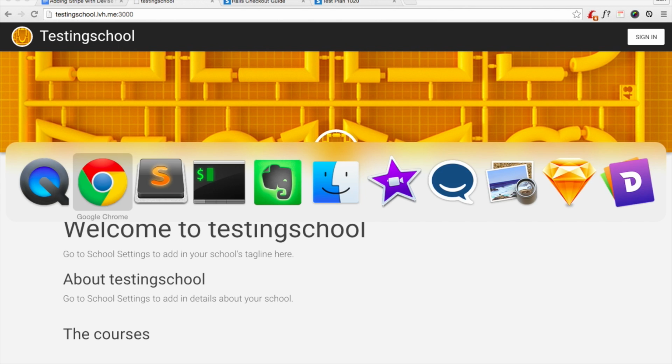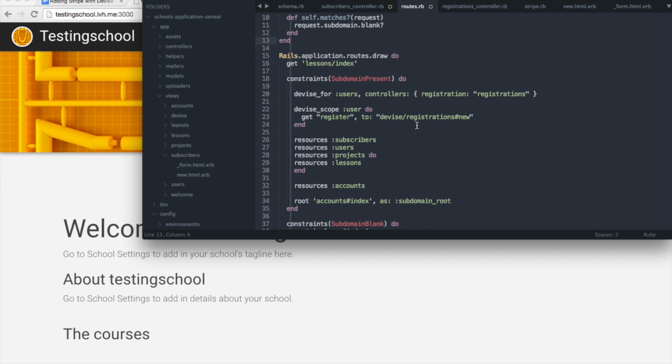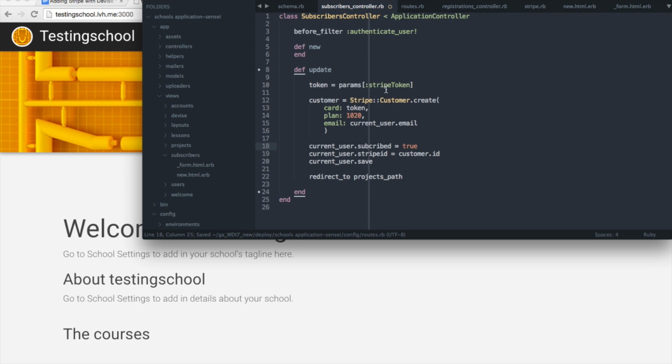I've realized that I can't spell that well, so what we can see here is that I have missed an S in registration, so we needed to go to the Devise registrations and look for a registrations controller, so that's been fixed. The other issue that we had was that I misspelled subscribed, so now the user will actually be subscribed in the database properly. So let's go and refresh